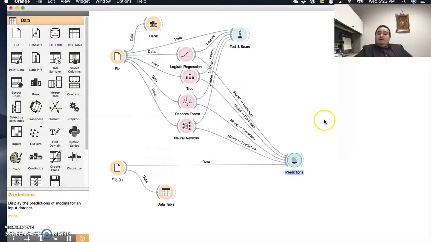So this is how we deploy our model and test with new